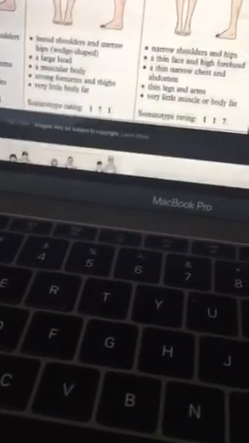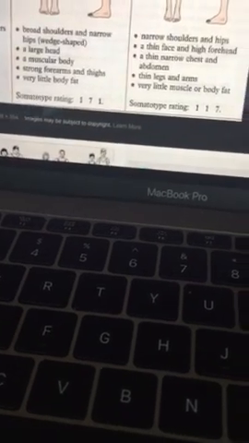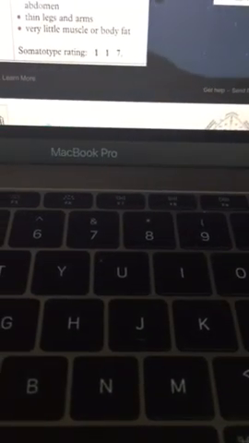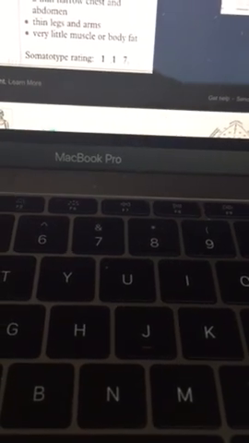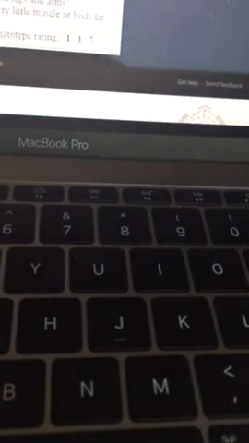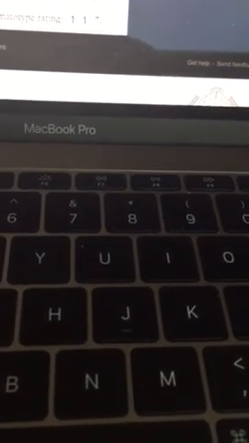Now, the mesomorph is going to be a very muscular body. They might have a larger head, however, they're going to have broader shoulders and very narrow hips, kind of like a wedge shape. So they usually have strong forearms, and they also have a low body fat